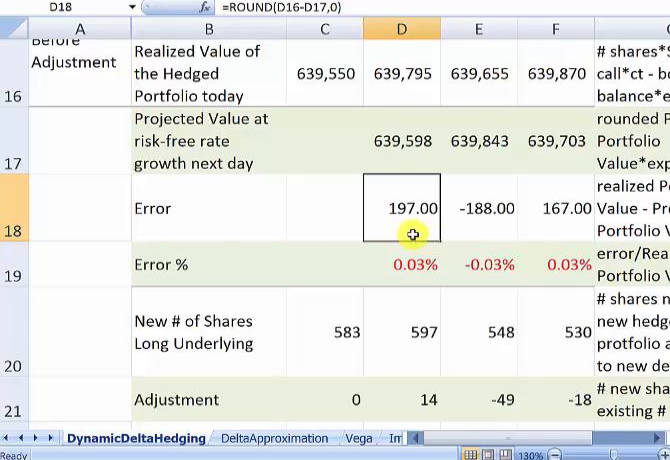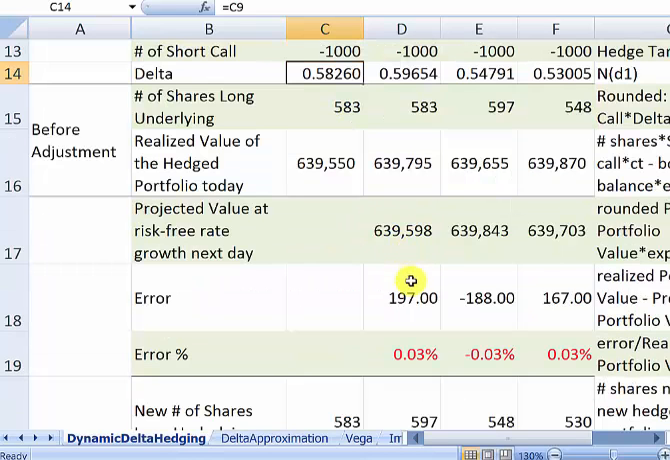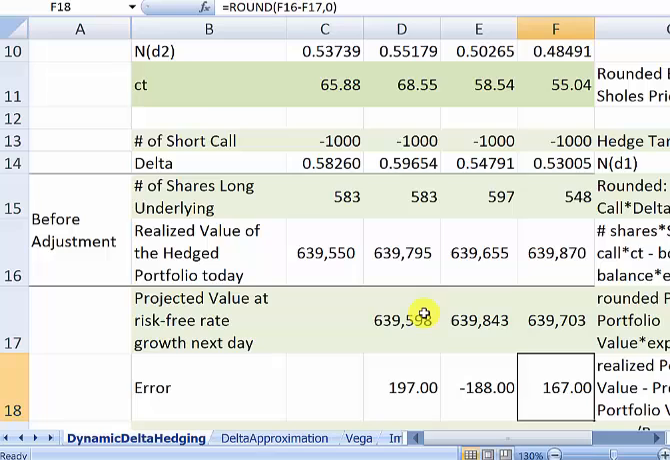Again, this approximation error for all the delta, we have 0.5826, okay, is $197, so close to $200, and you can see, right, for the rest of the approximation error, it's all getting closer to $200. But the point here is that